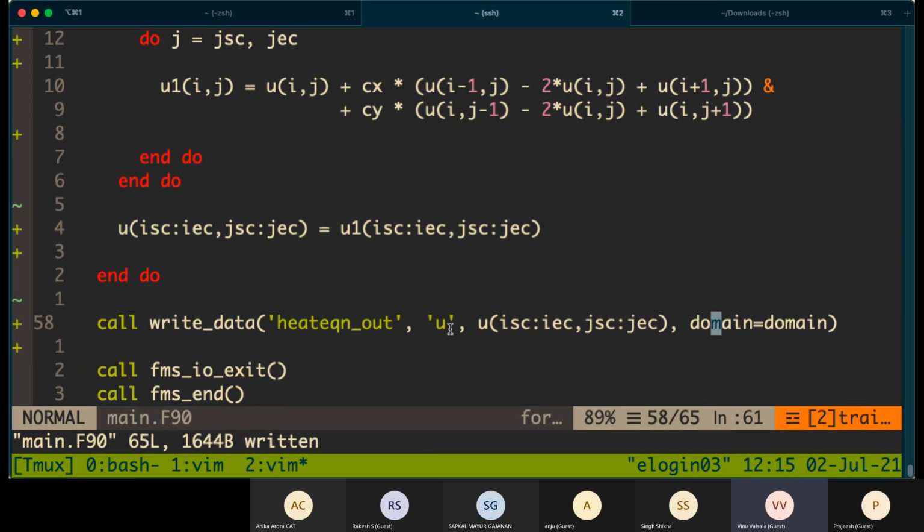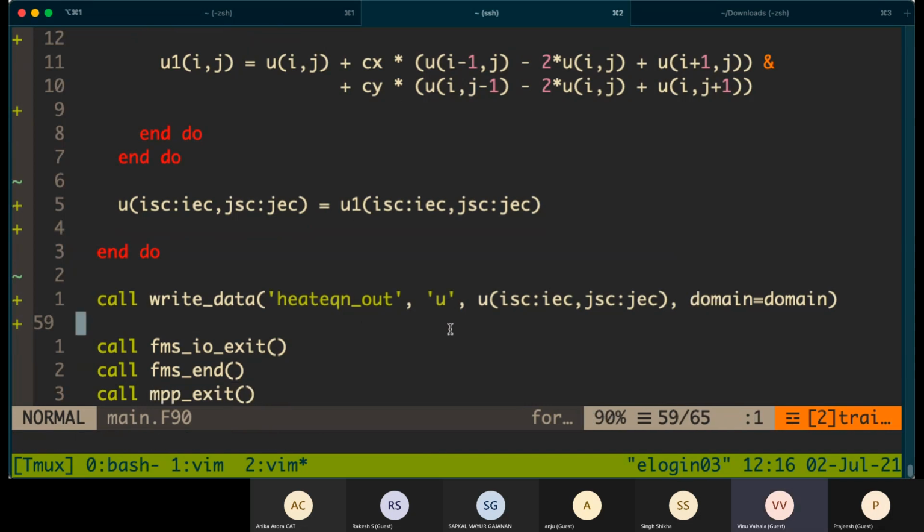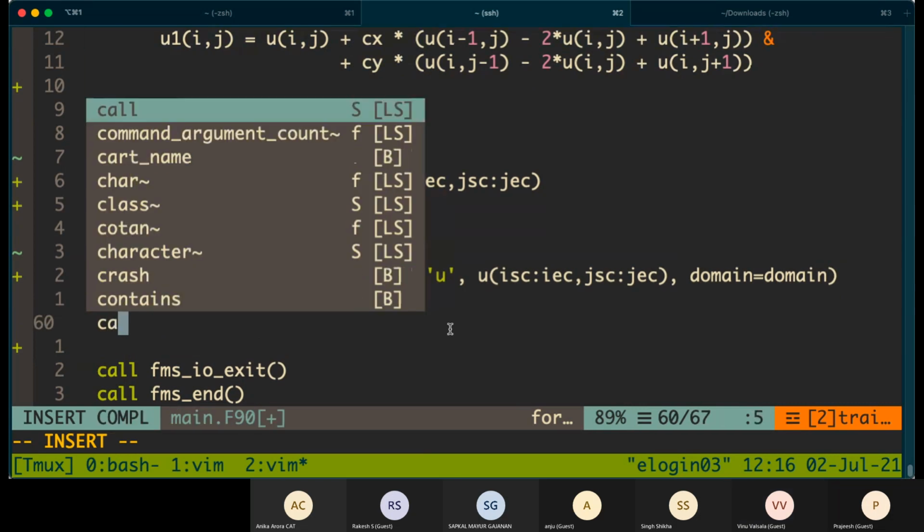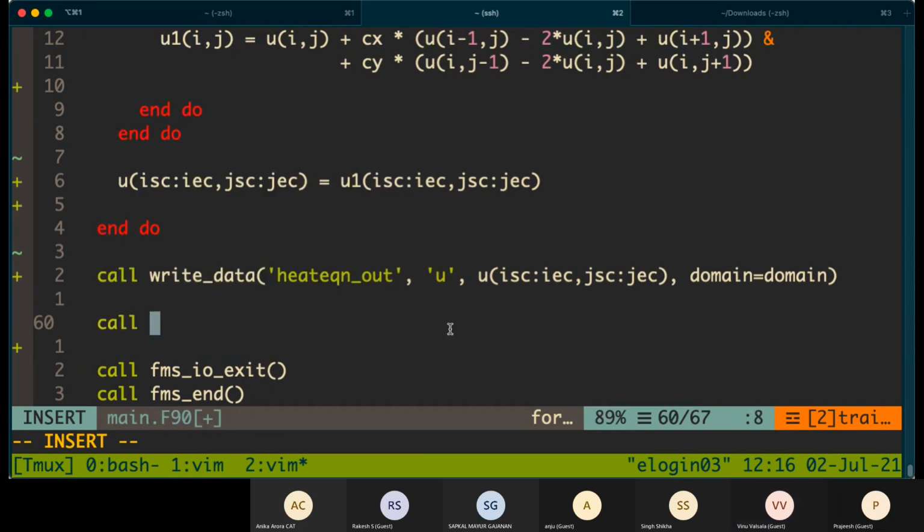So we can combine the output if we wish. Yes. In write data, you can directly combine if you give this. I'm not sure whether what I'm giving is the right way or not, but it is there. Let me check that.